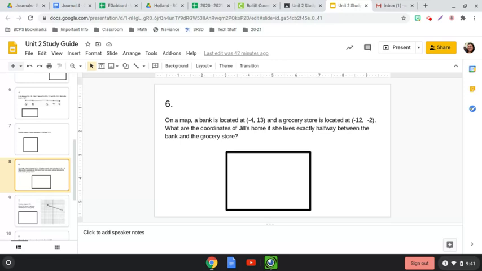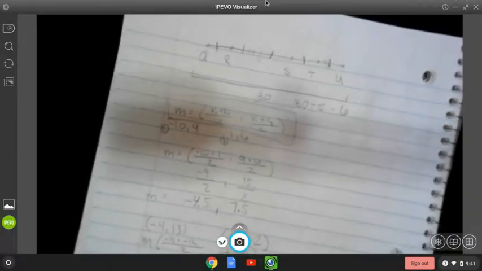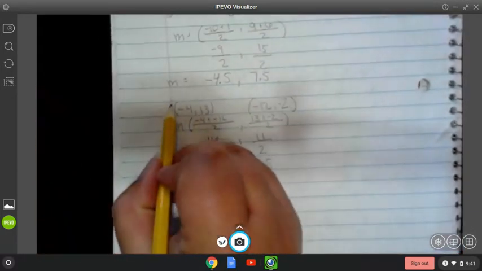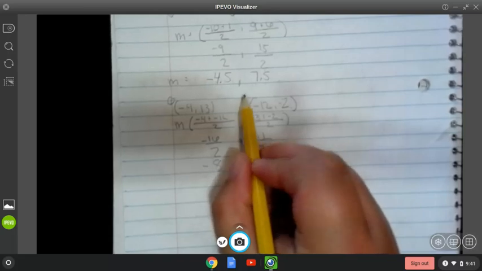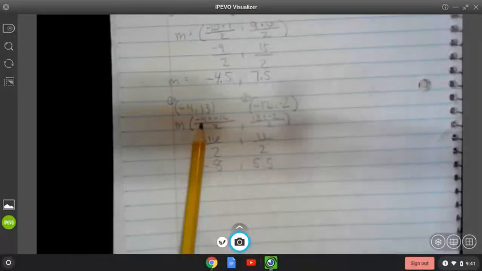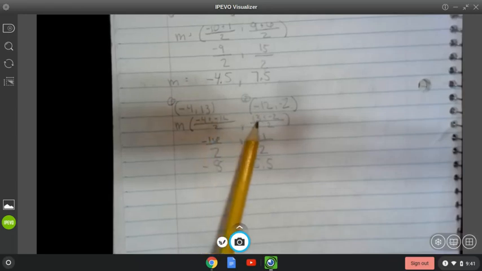Correct. We use the midpoint formula, just like we did on the last one. Luckily, we've already got our midpoint formula written down right here, so all we have to do is sub in our points. What I did here is I just put our points down here. This is going to be our 1's points, and this is going to be our 2's. So midpoint equals x1, negative 4, plus x2, negative 12, divided by 2, comma, y1,